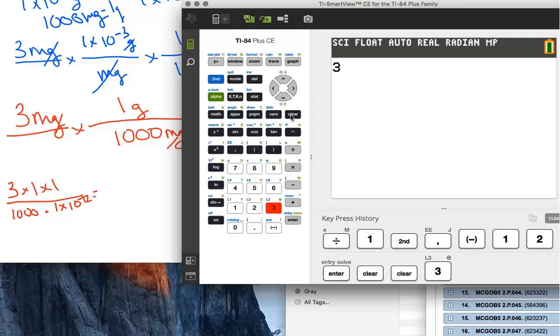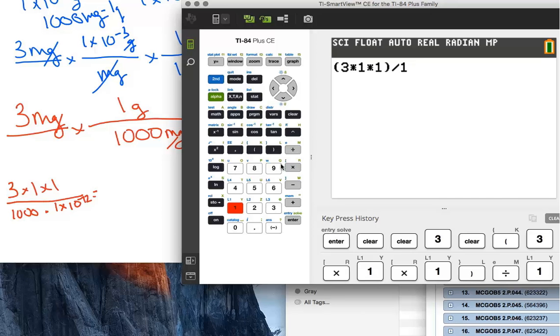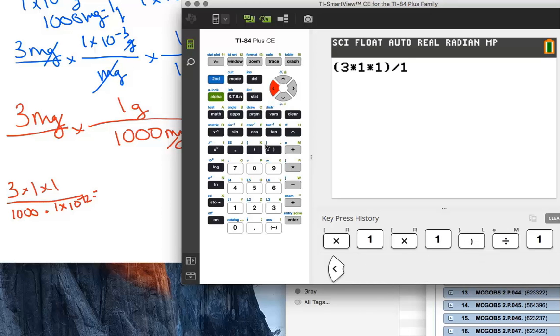Well, I might as well put it all in. You don't really have to put the ones, but I'll go ahead and do that. I'll say we have left parenthesis, we have 3 times 1 times 1, right parenthesis, and then I'll say divided by 1,000